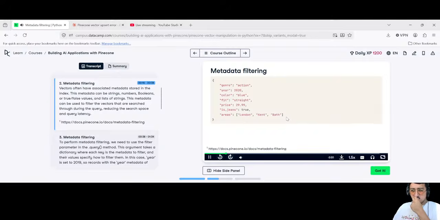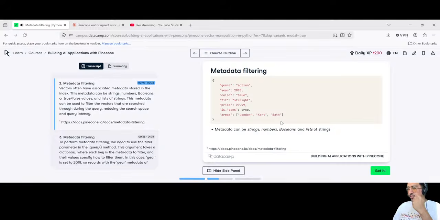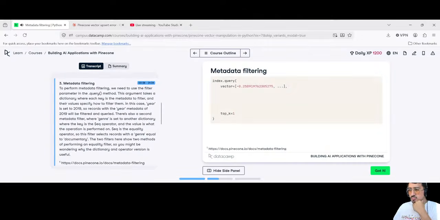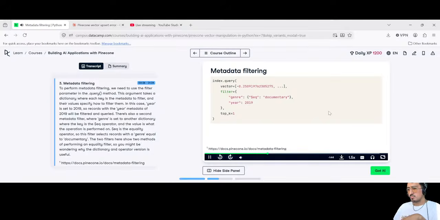Vectors often have associated metadata stored in the index. This metadata can be strings, numbers, booleans or true-false values, and lists of strings. This metadata can be used to filter the vectors that are searched through during the query, reducing the search space and query latency. To perform metadata filtering, we need to use the filter parameter in the query method. This argument takes a dictionary where each key is the metadata to filter, and their values specify how to filter them. In this case, year is set to 2019, so records with the year metadata of 2019 will be filtered